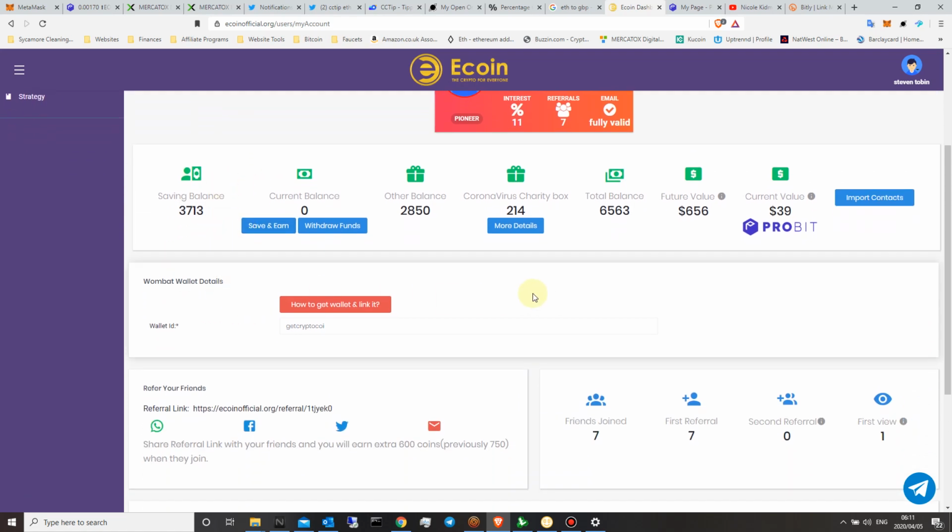If you want to withdraw your Ecoin in the future as well, I'd imagine as time goes on there'll be tons of wallets out there, but at the moment you've got the Wombat wallet, which you can go onto Google Play and download as an app. I've got it myself. Once you download that wallet,